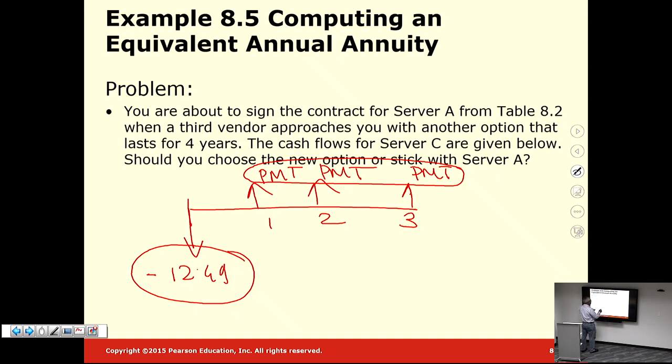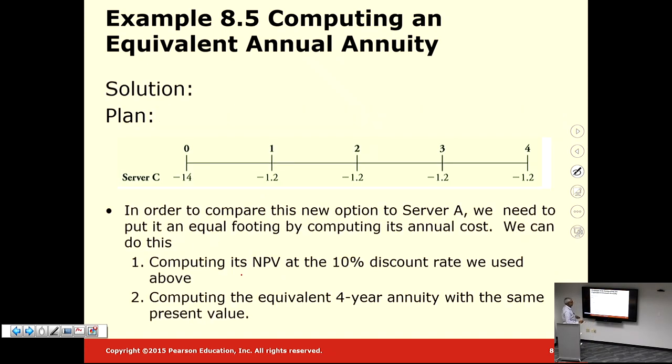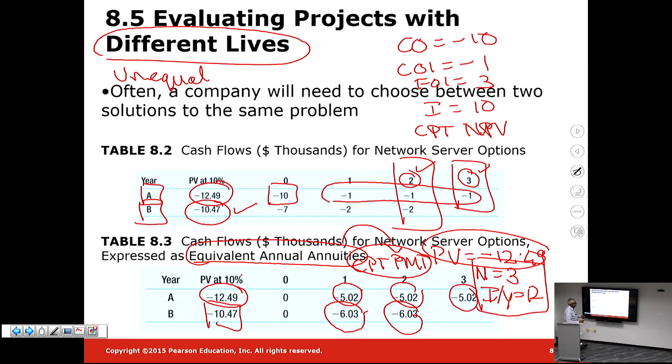And number 3, they are equivalent. They are the annuity that gives me my equivalence to this net present value. So that tells me that on a per year basis, I'm spending less with A than I'm spending with B. So the right choice in this case would be A, not B, because it has the lowest cost per year